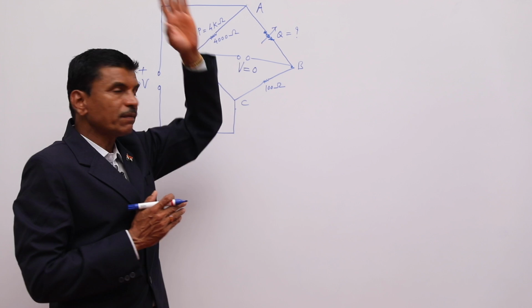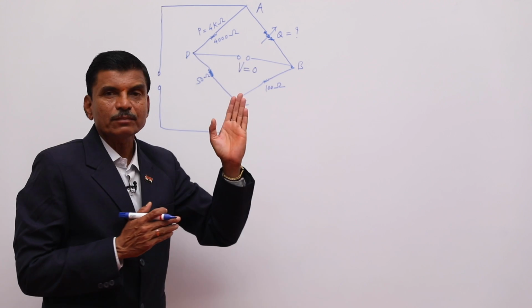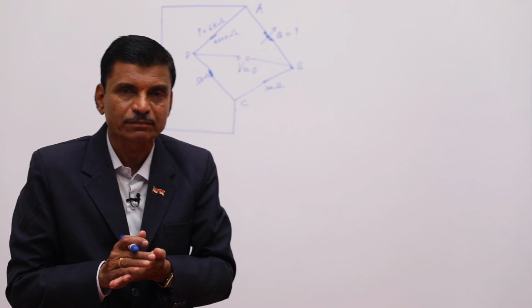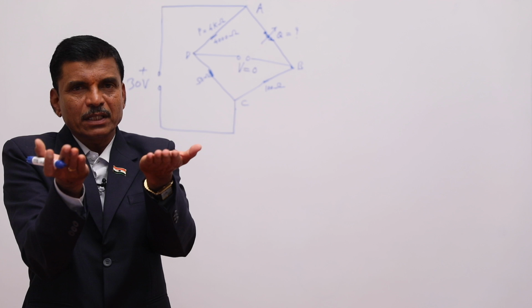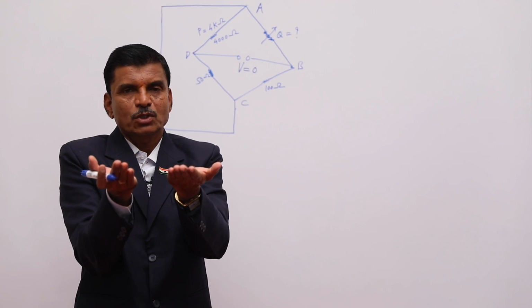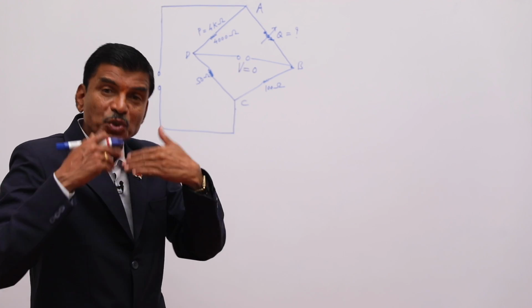But in the Wheatstone network we have connected a galvanometer here from B to D, and at that time when the network is balanced there is no current in the galvanometer. So B and D points have the same potential, so the potential difference will definitely equal 0, but we want to show it.